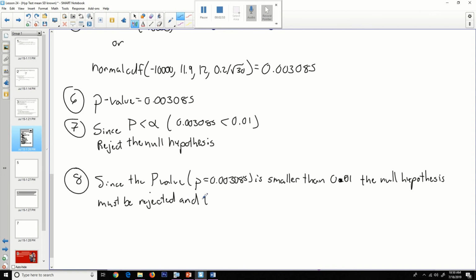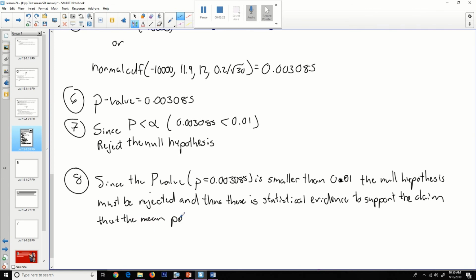and thus there is statistical evidence to support the claim that the mean pit stop time is less than 12 seconds. All right,